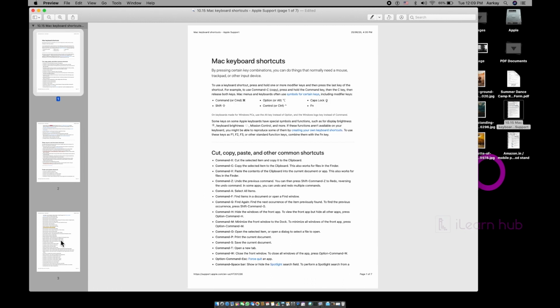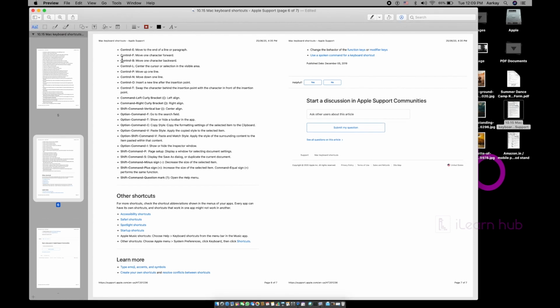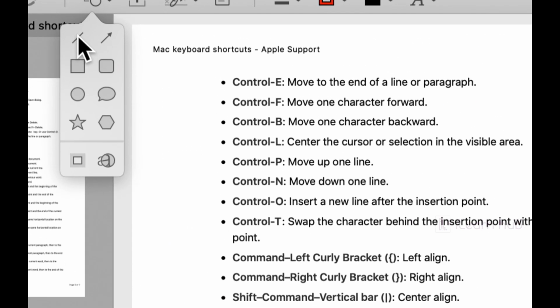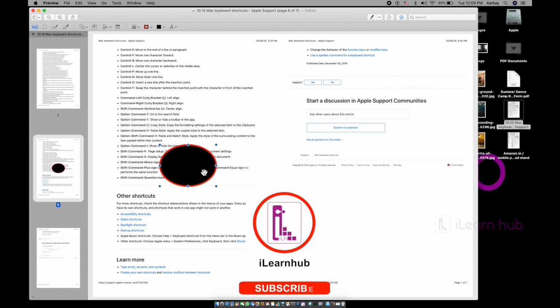So basically, let me go to another page. I'll go here. I want to add something else here. Let me go into these kinds of facilities. Let me add a circle, and whether you want a circle with fill or without fill, you can decide on that.